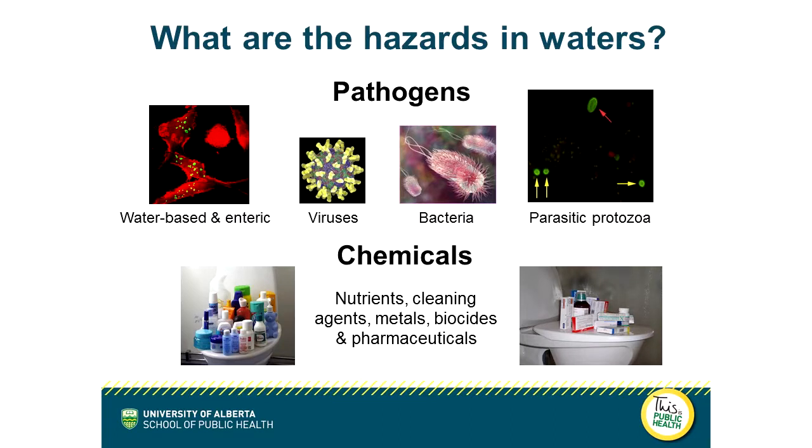So to wind up, what are the issues from a public health point of view that we need to be concerned about? We have pathogens, these things that cause disease. They come in various forms. The smallest of these are the viruses. As I said earlier, we excrete most of those in our feces, but some in our urine. There are bacteria like Salmonella and Campylobacter, and of course E. coli O157:H7 that we hear about in the news here that causes contamination, for example, of hamburger meat and sausages